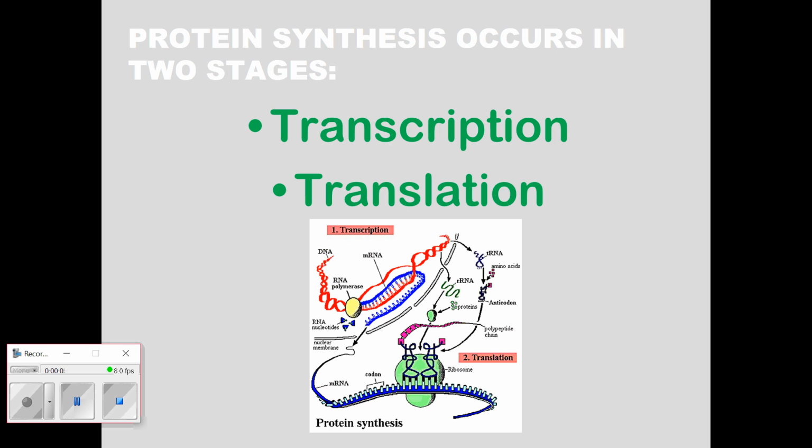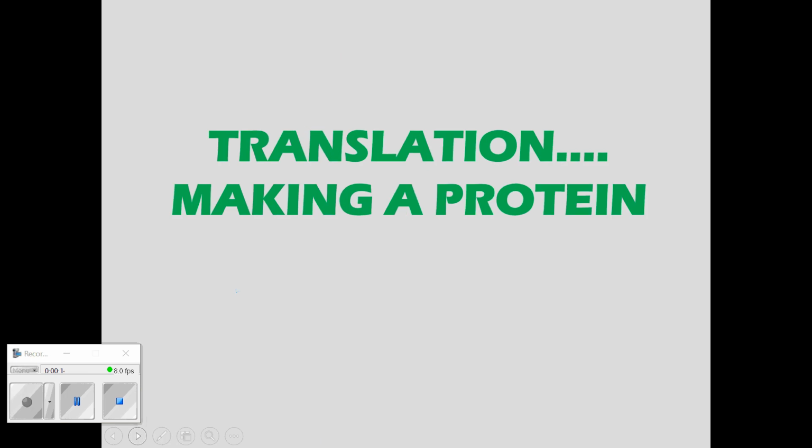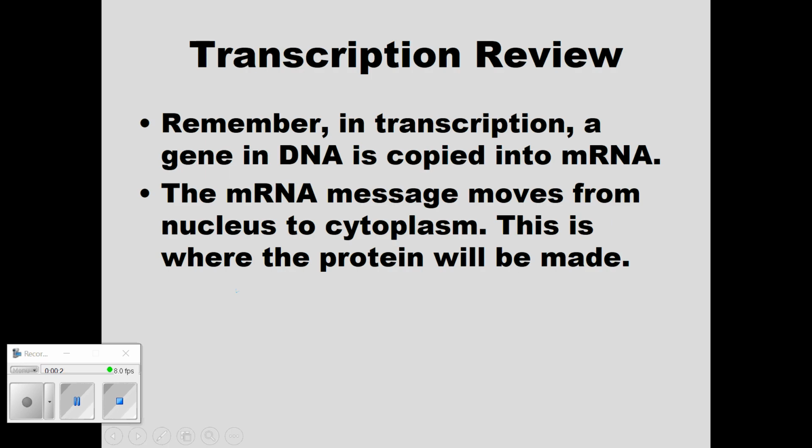Today we are going to talk about the second stage of protein synthesis, transcription. Last week we talked about the first stage, translation. Translation helps us to make a protein. Transcription in review is when a gene in DNA is copied into messenger RNA. The messenger RNA then moves from the nucleus with the copy of the code to the cytoplasm where a protein